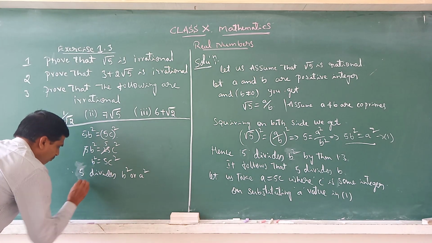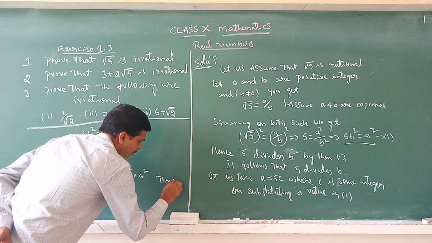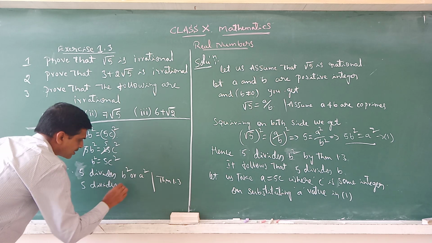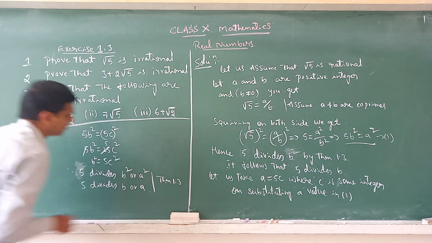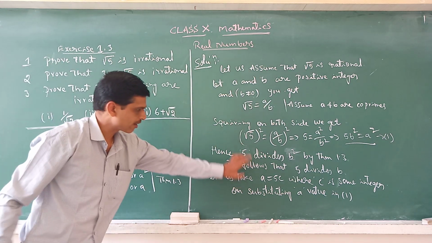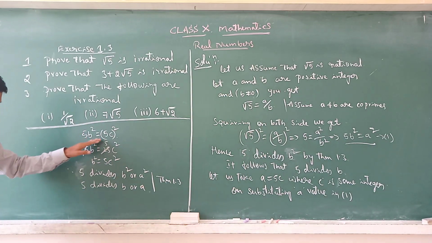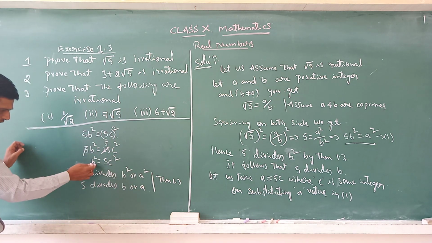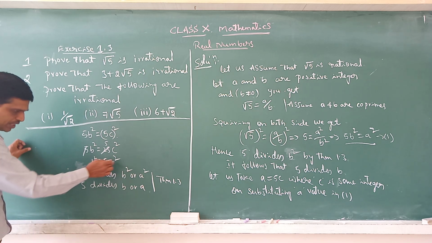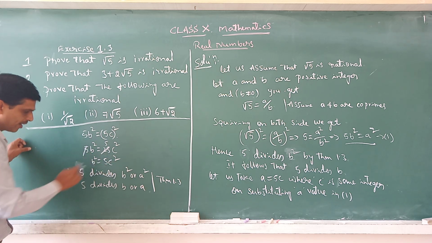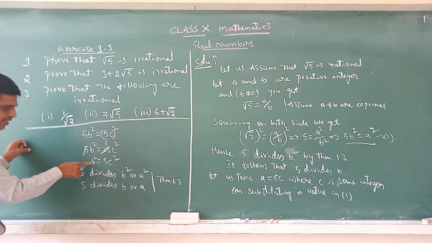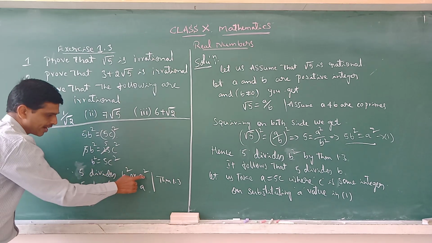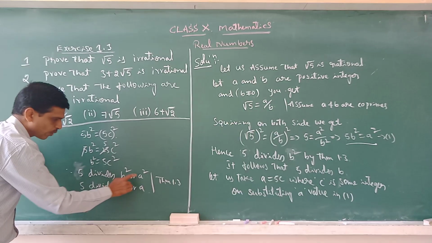So similarly, by theorem number 1.3, it says that 5 divides b or a. So here one is already proved. The same way, I will keep the same, instead of a, 5c and 5b as it is. On substituting, we will get another equation, b square is equal to 5c square. So 5 automatically divides b square. Instead of b square, a square is there, that can also be divided by 5. So I will write both b square as well as a square. Don't get confused, b square and a square.